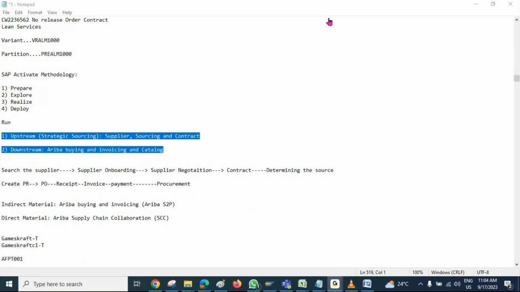Will you be able to share any sample documents, not now, but later, like how to prepare a sample business blueprint document, or some document that will help us during the project initiation phase, or when we are in the project?